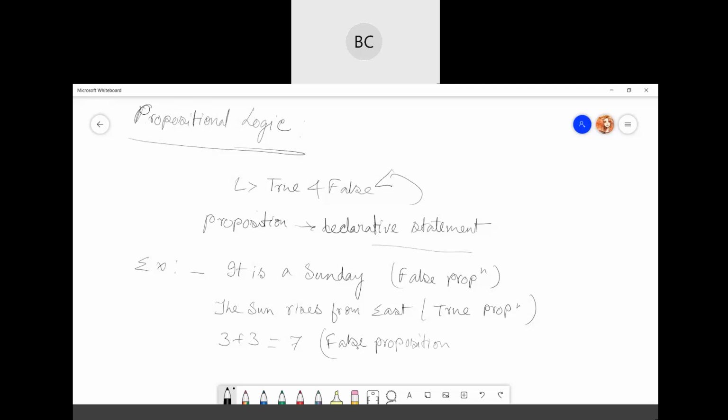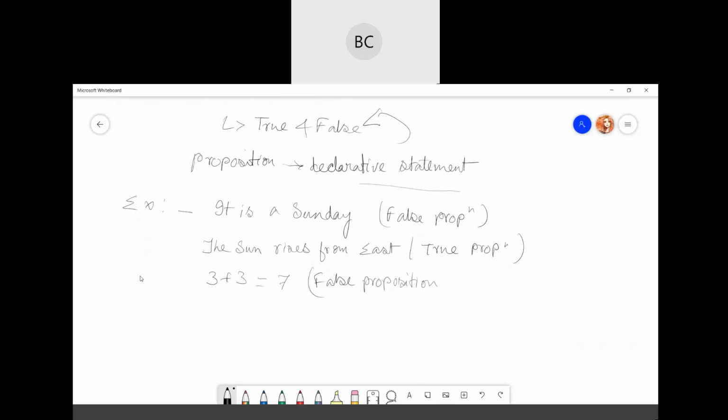So propositional logic just consists of declarative statements, and here the sentences can be either true or false. Okay. So there are some basic facts about propositional logic, like it is also called Boolean logic. Why is it called Boolean logic? It's simple, right? It just works on 0 and 1, true or false. Just two outputs, true or false, or you can say 0 and 1.